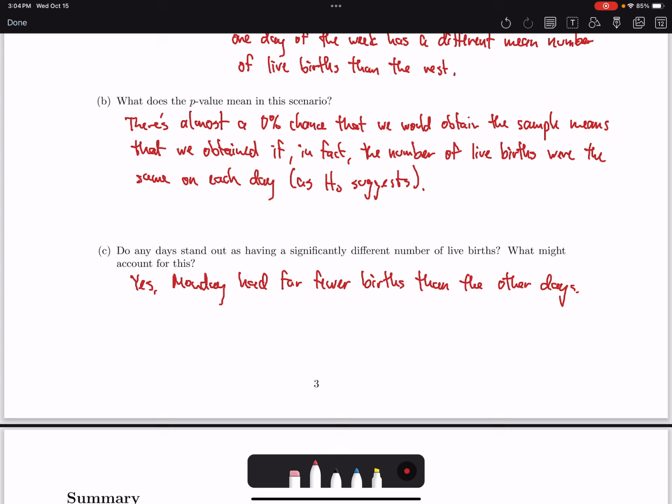Here's my answer to the question. I'm not going to write this down, but I would encourage you to write something down. What I would say is sometimes students think, well, because people hate Mondays, right? And I don't know if that's such a good answer, because it's not like the baby knows what day of the week it is. So the baby's not just going to say, oh, I hate Mondays, I'm going to stay